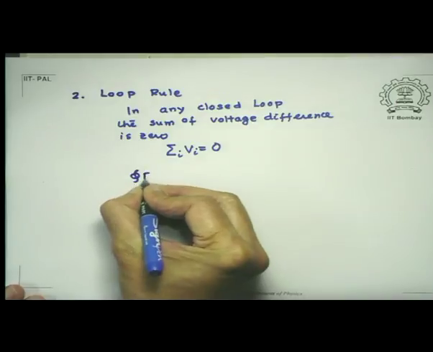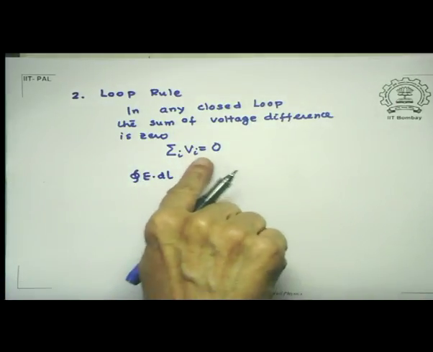What is the junction rule? The junction rule is a mere statement of continuity of charge flow, because at any junction, whatever charge is coming in, because there is no accumulation, has to go out, and hence the algebraic sum is 0. Now the loop rule arises because for static fields we have seen that the integral of E dot dl is 0,